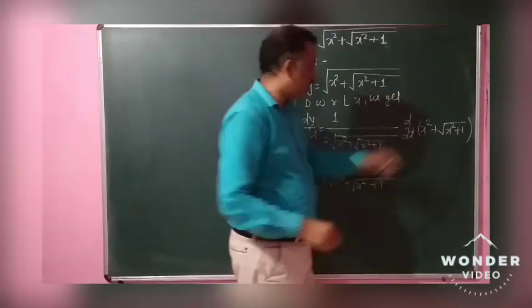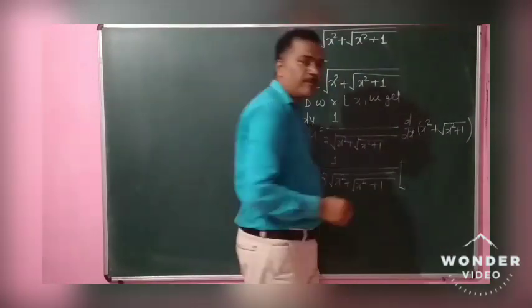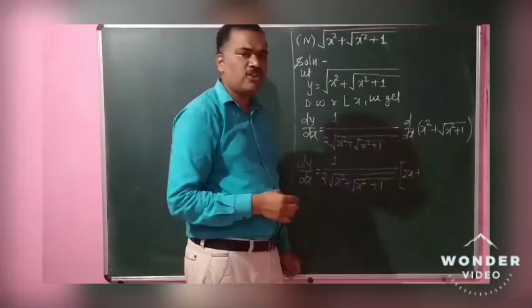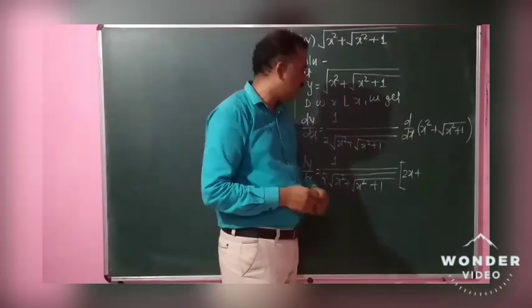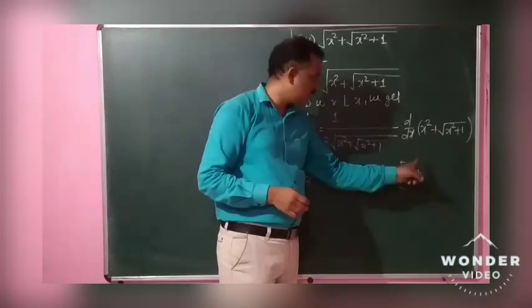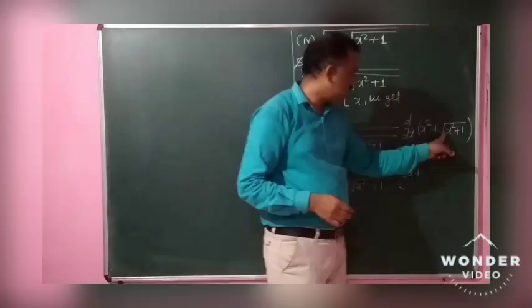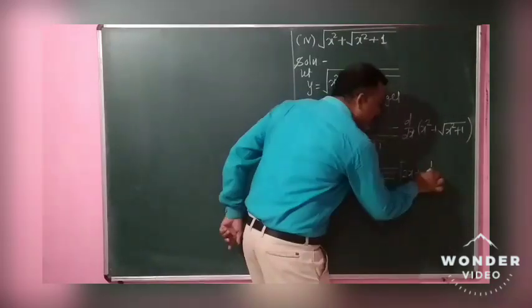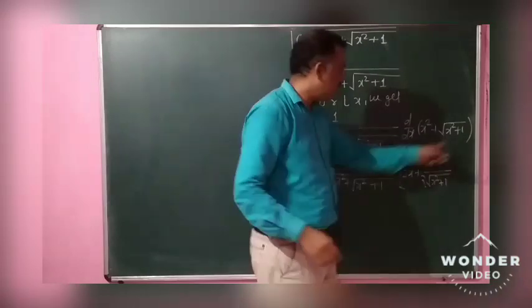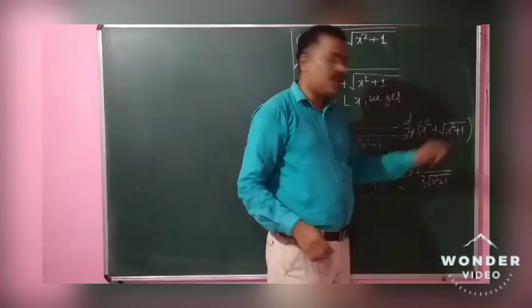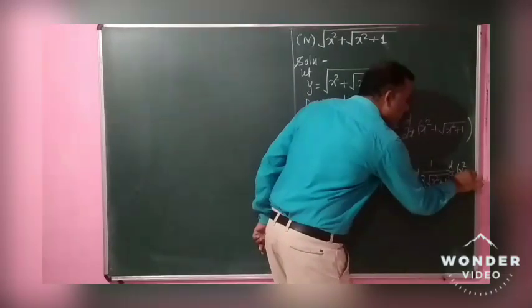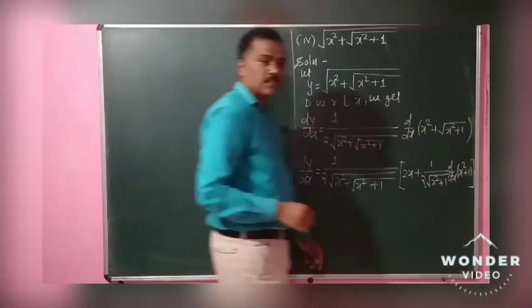okay. Now we have to take the derivative of this one. What is the derivative of x square? 2x. Okay, already we have discussed that the derivative of x square is 2x by using the power function formula. Take the power 2 as it is, from this power 2 we have to subtract 1, that is 2 minus 1, 1, okay, plus now we have to take the derivative of this square root, that is 1 upon 2 times square root of x square plus 1 into the derivative of x square plus 1, okay, into d dx of x square plus 1, okay.